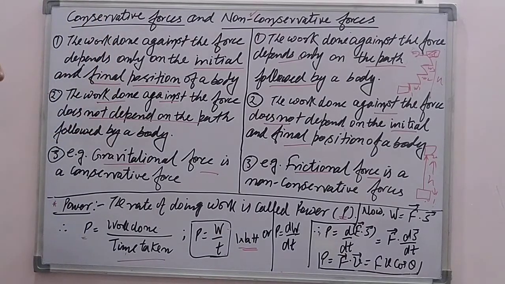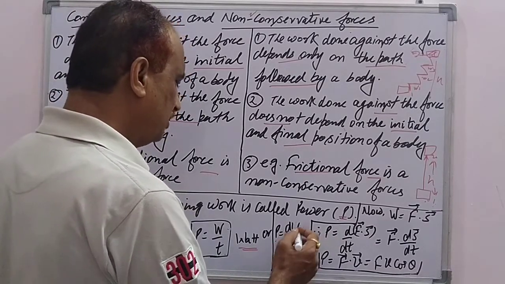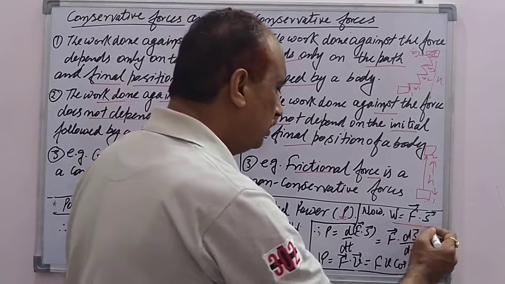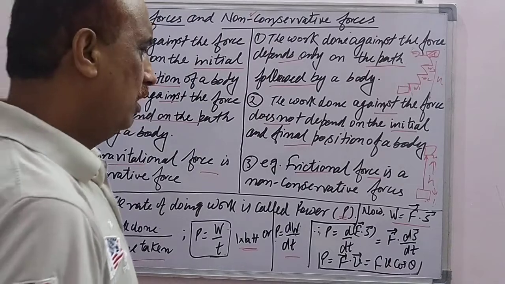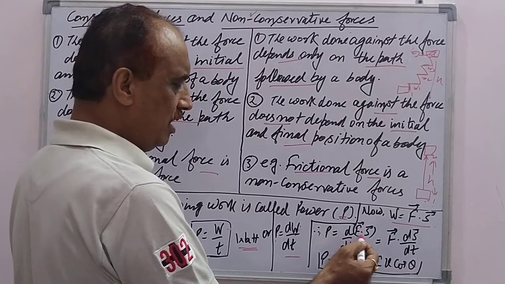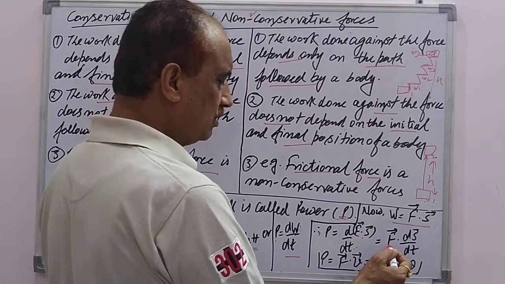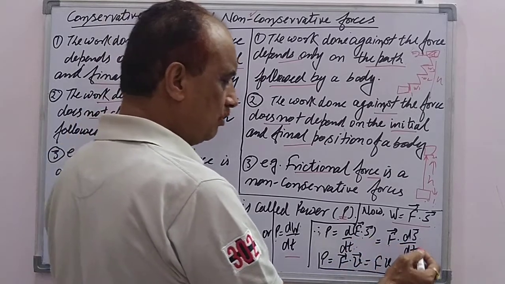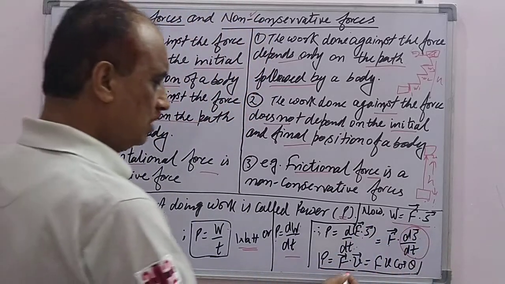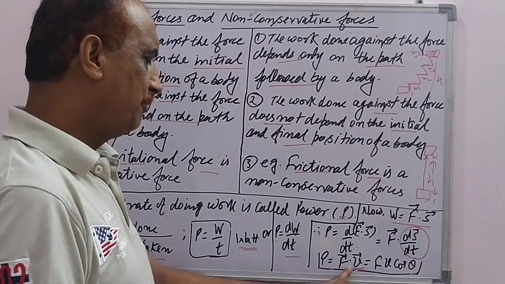In terms of the instantaneous value, the power P can be written as dW upon dt. Similarly, we know that W is equal to F dot S in vector notation, F vector dot S vector. When this W is replaced by F dot S, we find the differentiation of this with respect to t. F is taken as a constant value, so we have to differentiate ds over dt, and we know that ds upon dt is equal to the velocity, so it is replaced here by the velocity. So P is equal to force into velocity, F dot V.